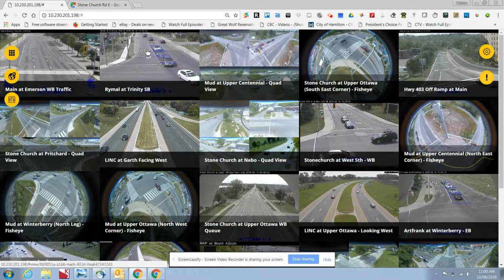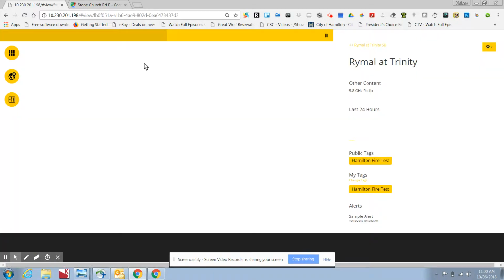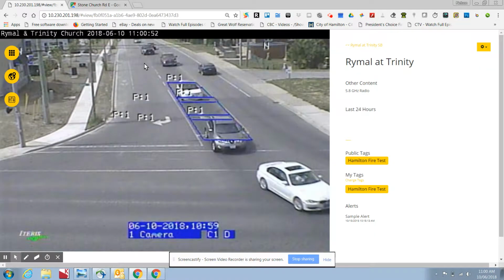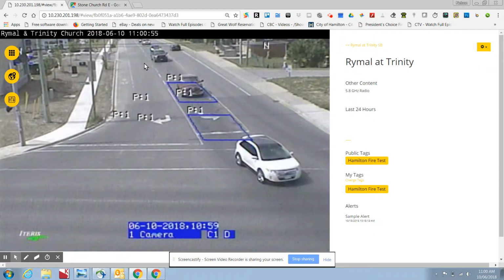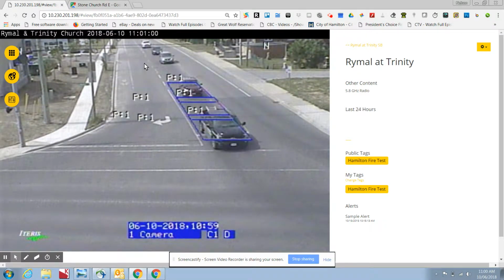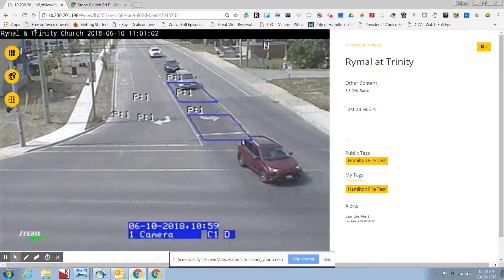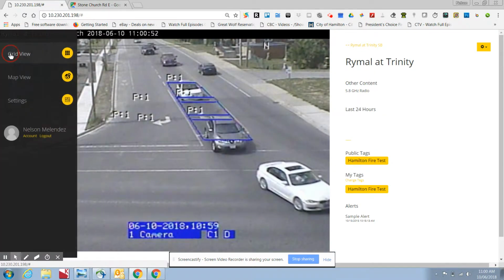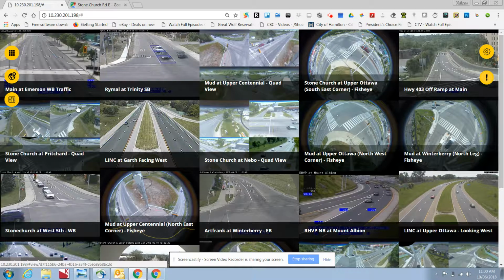We also have a number of rectilinear cameras. Our system has a lot of cameras like this. They're not all online. We're not close to putting them all online. Once we have them all online, there will be a lot of images like this, and there will be a description that tells you what you're looking at, so that the operators at the fire department control center can figure out what they're looking at. This one, for example, is 403 off ramp at Main,